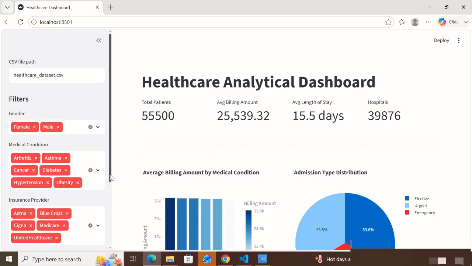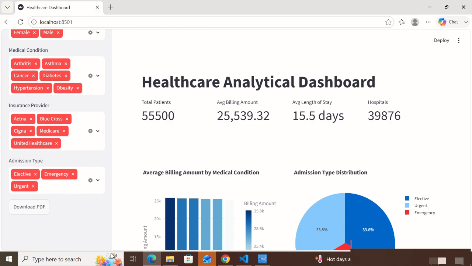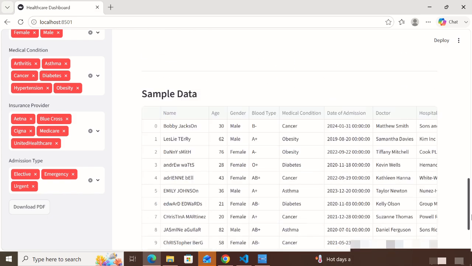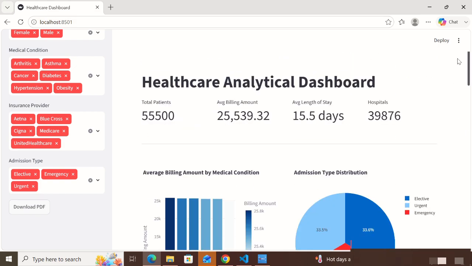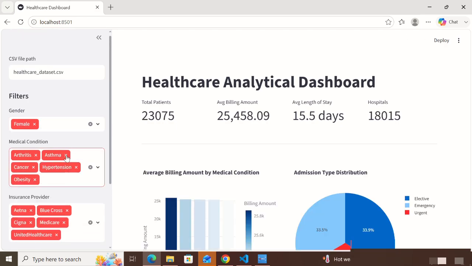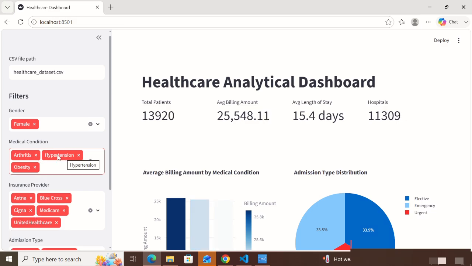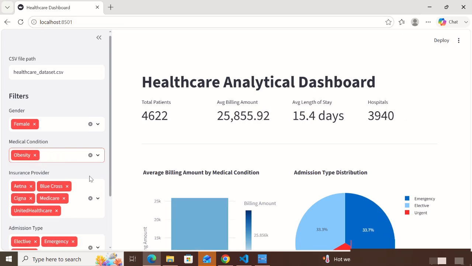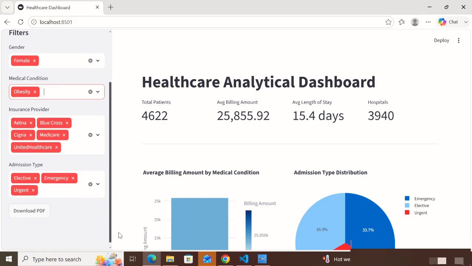Alright, as you can see, we have the dashboard, the sidebar is working, the filters, the PDF, all the dashboard analysis, the sample data, and we can check the filters by adding and removing them. We can see the total patients, the average billing amount, the average length of stay, the hospitals,